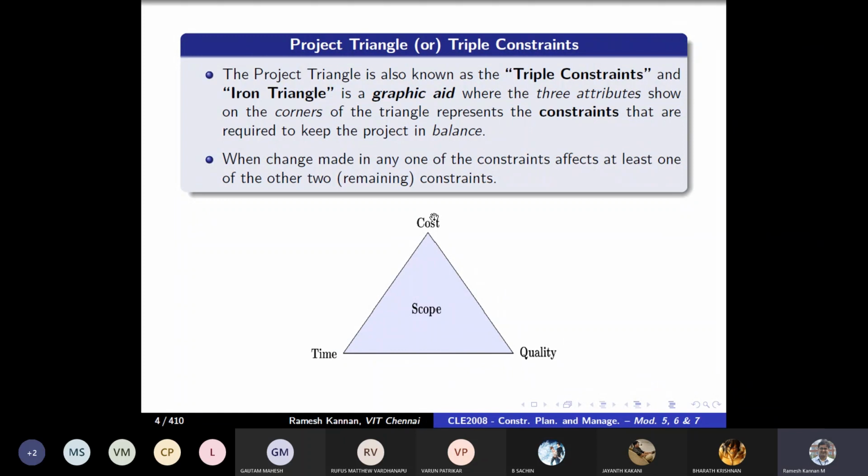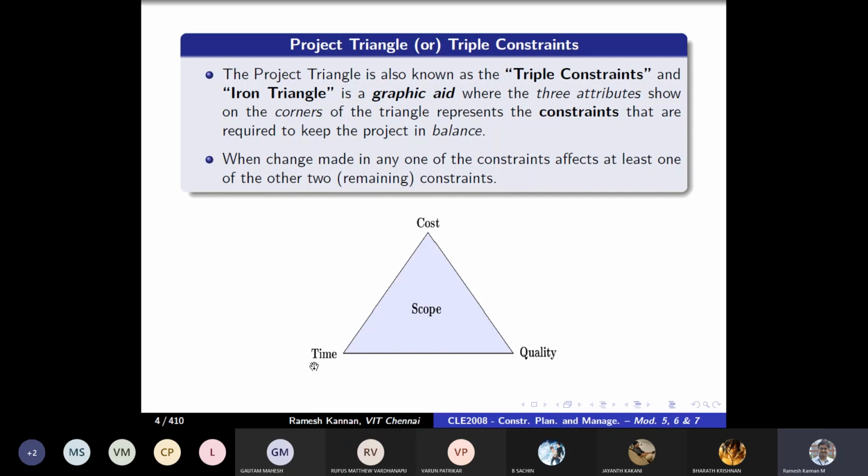So how it is so: say for example, a project can be done with 150 people. If you employ 300 people, it could shorten the construction time of the project itself, right? So that's how the cost increases and time decreases. And sometimes when the time increases, the cost can come down, as well as the quality can also come down, right? If you take too much time on a particular project, then the consistency won't be there, the quality might deteriorate, and the cost also may not be as high as when you bombard with a lot of people. As simple as that. So this is the triple constraint, and this will be the focus.